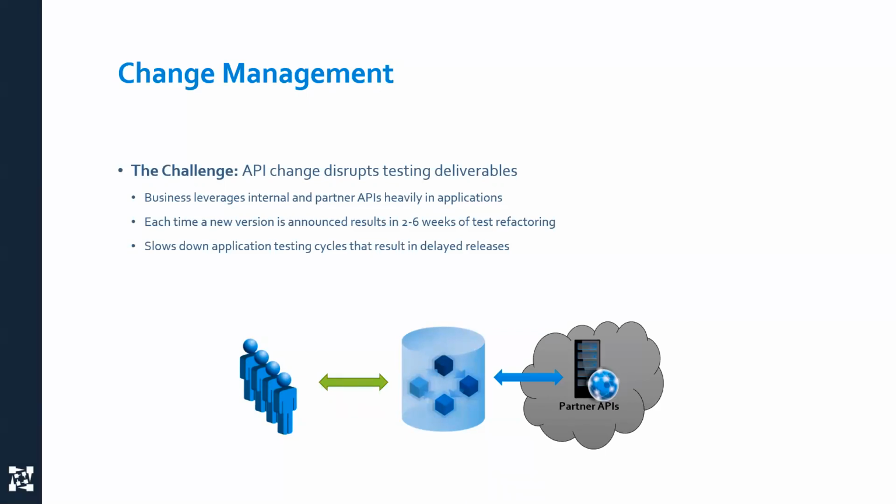And what I saw was that the testing teams were interfacing with applications, and those applications were connecting with potentially third-party or partner APIs. And what would happen was that periodically that partner would then go and say via email, hey, we're creating a new version of the service. And here's the service definition and a couple of one-line statements that says this is what the new service is going to do. Well, it just wasn't enough for the testing teams to understand how that would affect their current tests, how that would affect their environments.